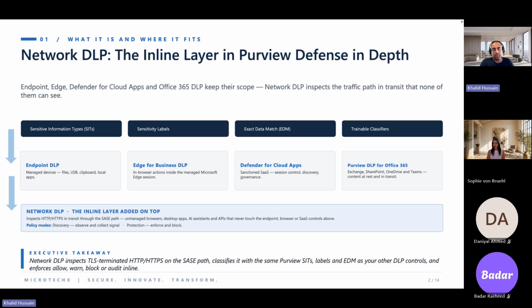Yeah, because in endpoint DLP, you can participate at the local machine, especially in what you are going to upload or download, that's specific to your machine. And then the Edge browser also brings this, and then Defender for Cloud Apps is kind of a CASB security broker where you can define your policies for SaaS applications for sure. But the big gap was how your corporate data and protected data will be